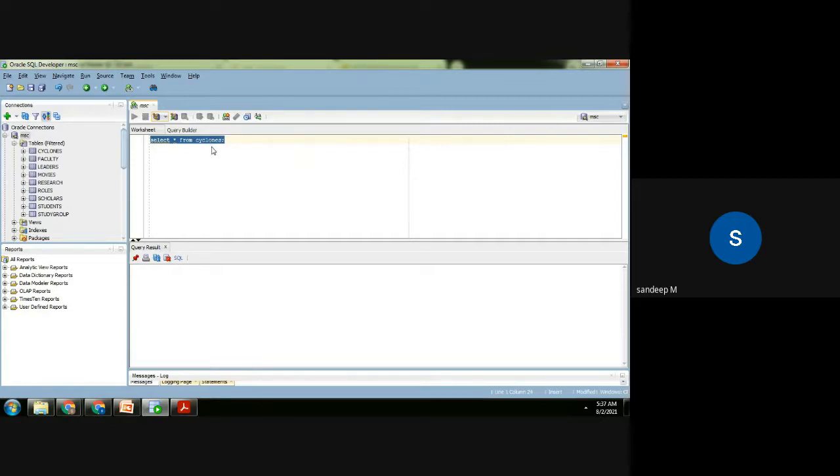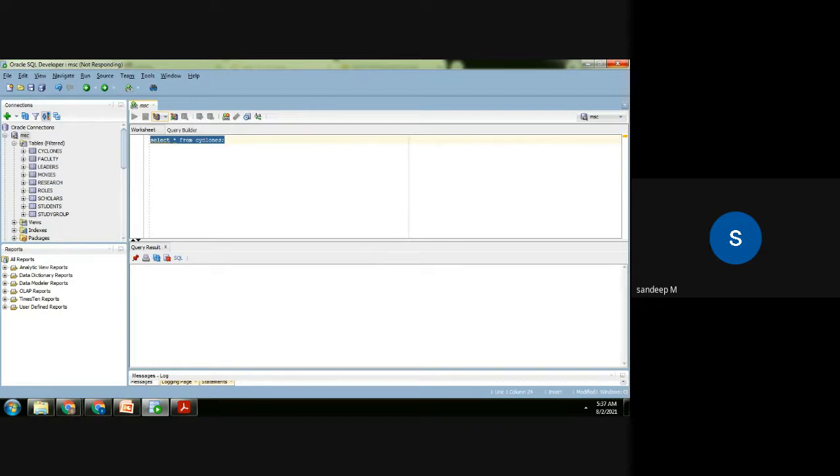But when you are working, because you're connecting to my database, what you need to do is just prefix the name of the data set with admin dot. Okay, so you have to write select star from admin dot cyclones. So whenever there is a data set, in the handouts, any command will just have the simple name, but you have to prefix it with admin dot that corresponding dataset name, because you are working in my workspace.